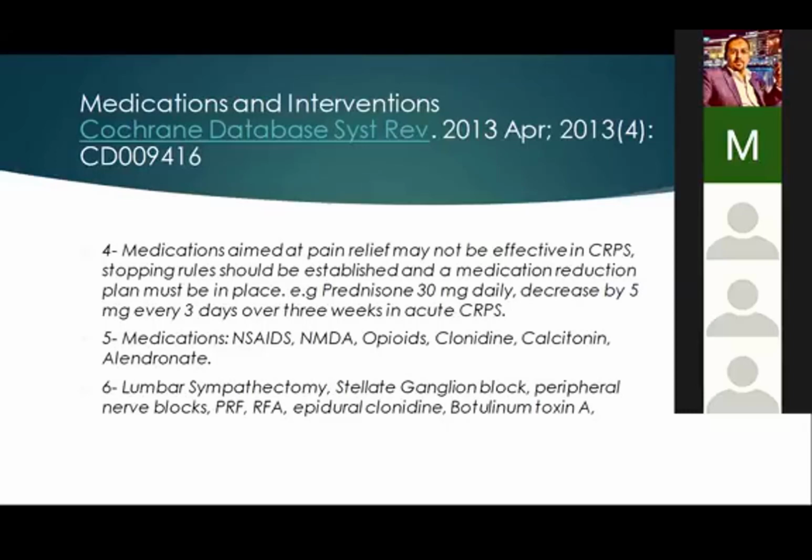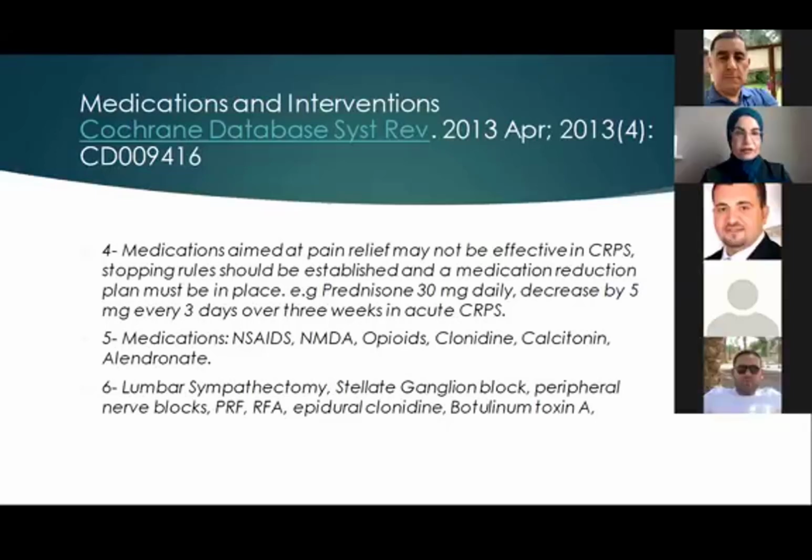We always need to have stopping rules. If we make a drug trial, any drug trial, we have to make a window where we are going to stop or decrease this gradually. Medications include NSAIDs, NMDA antagonists, such as ketamine, oral or IV, opioids, calcitonin, and alendronate. Lumbar sympathectomy, such as stellate ganglion block for upper limb problems, peripheral nerve blocks, pulsed radiofrequency ablation, epidural clonidine,